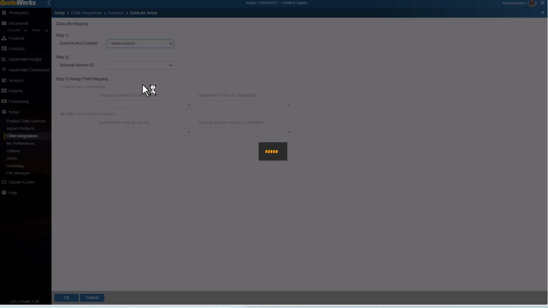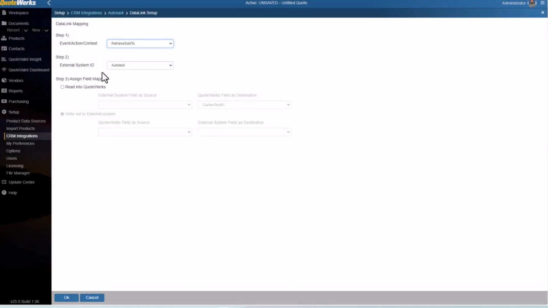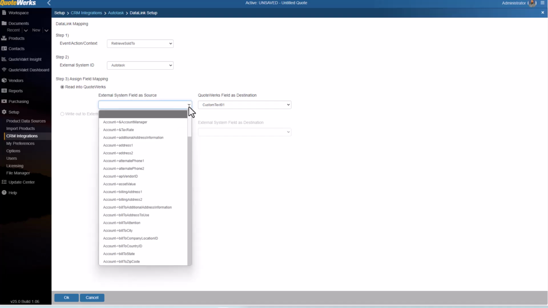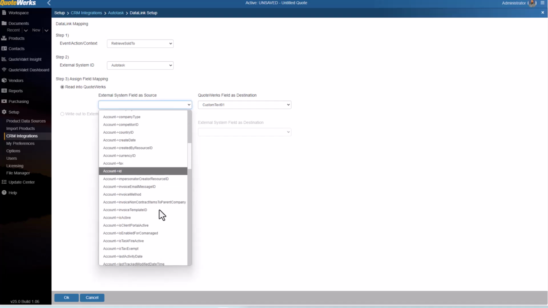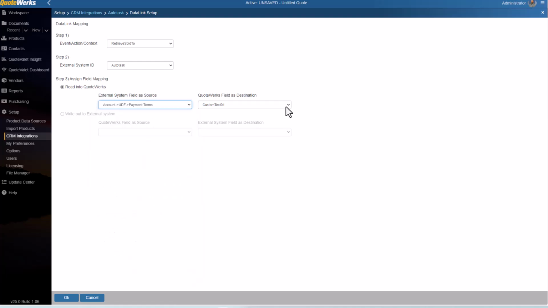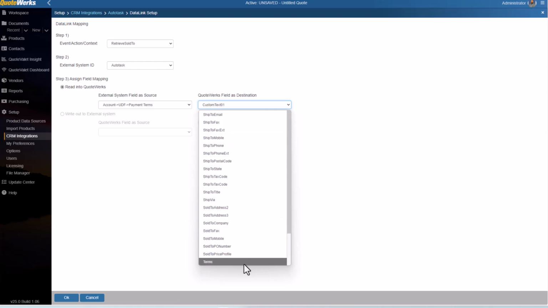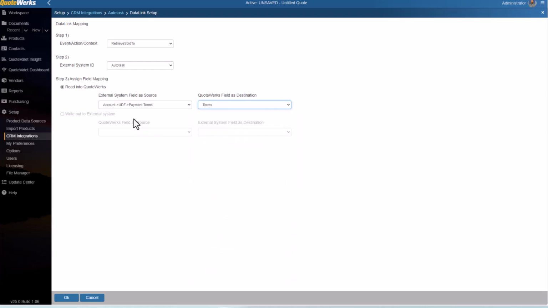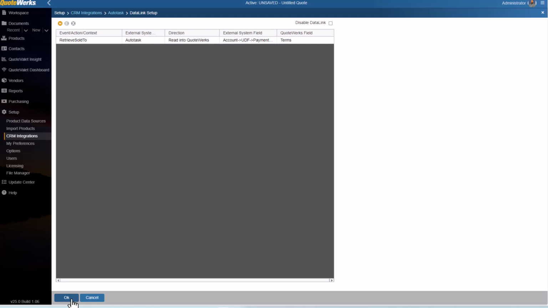I then need to choose my external system, which in this example is Autotask. We're going to select Read into QuoteWerks, and then I'm going to choose the Autotask field that I want to pull into QuoteWerks. In this case, let's say that when I retrieve my sold to contact info, I want to read the payment terms field into QuoteWerks. I can do this by setting my external system field as source to payment terms, and my QuoteWerks field as destination to terms. When I hit OK, it will save this data link and will be now listed in the